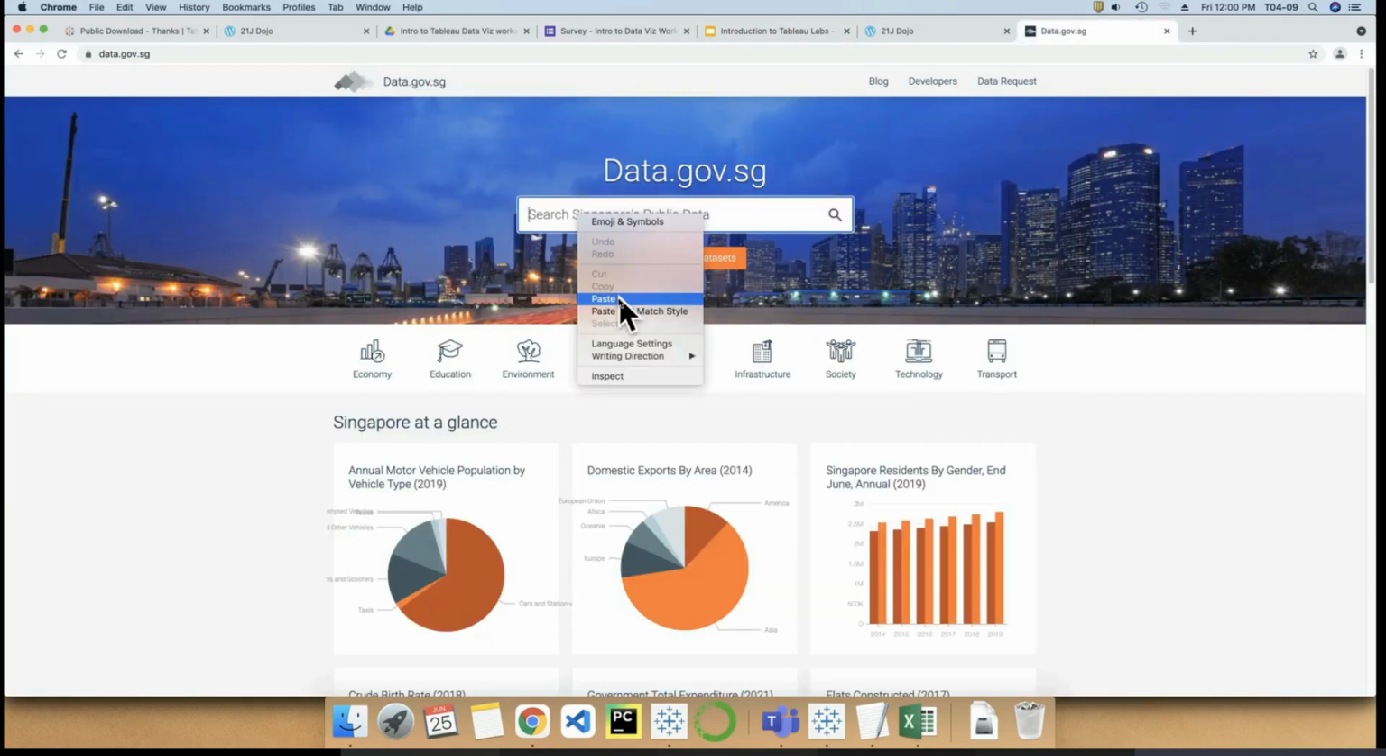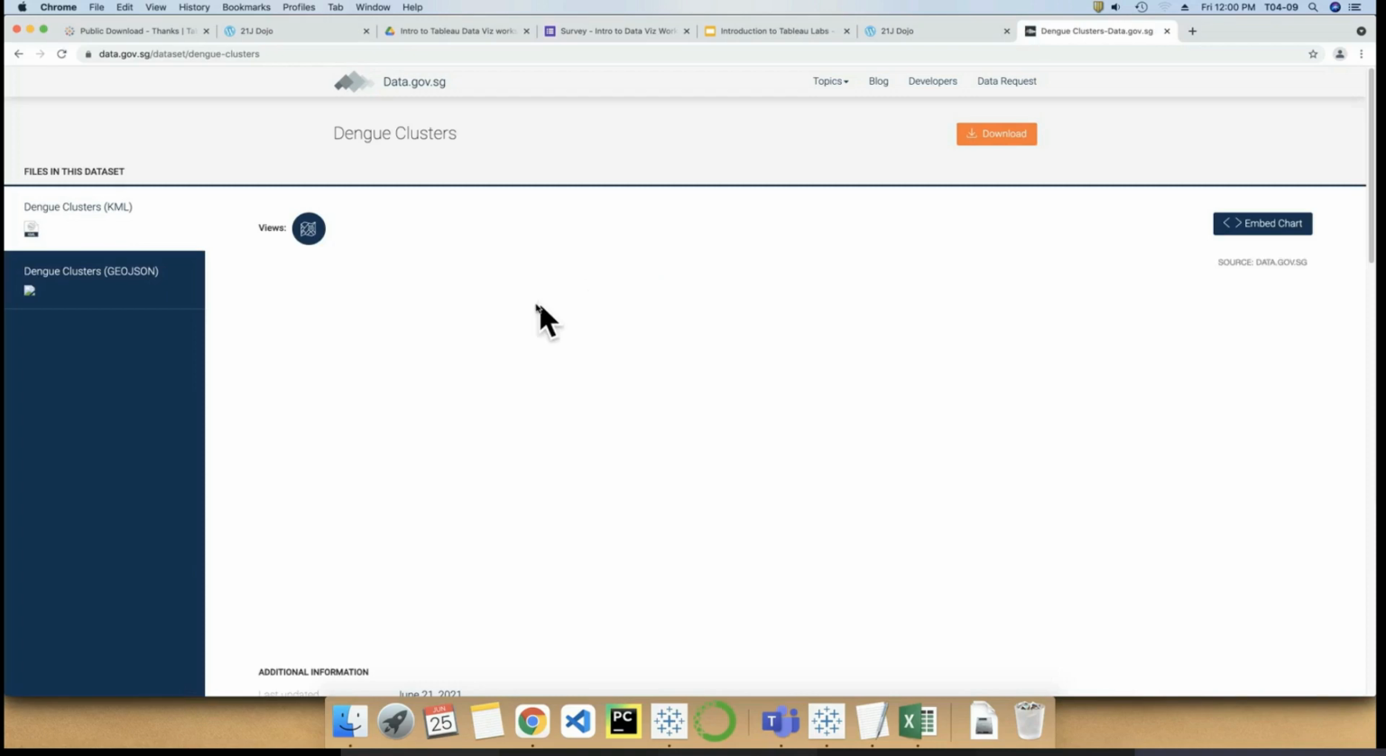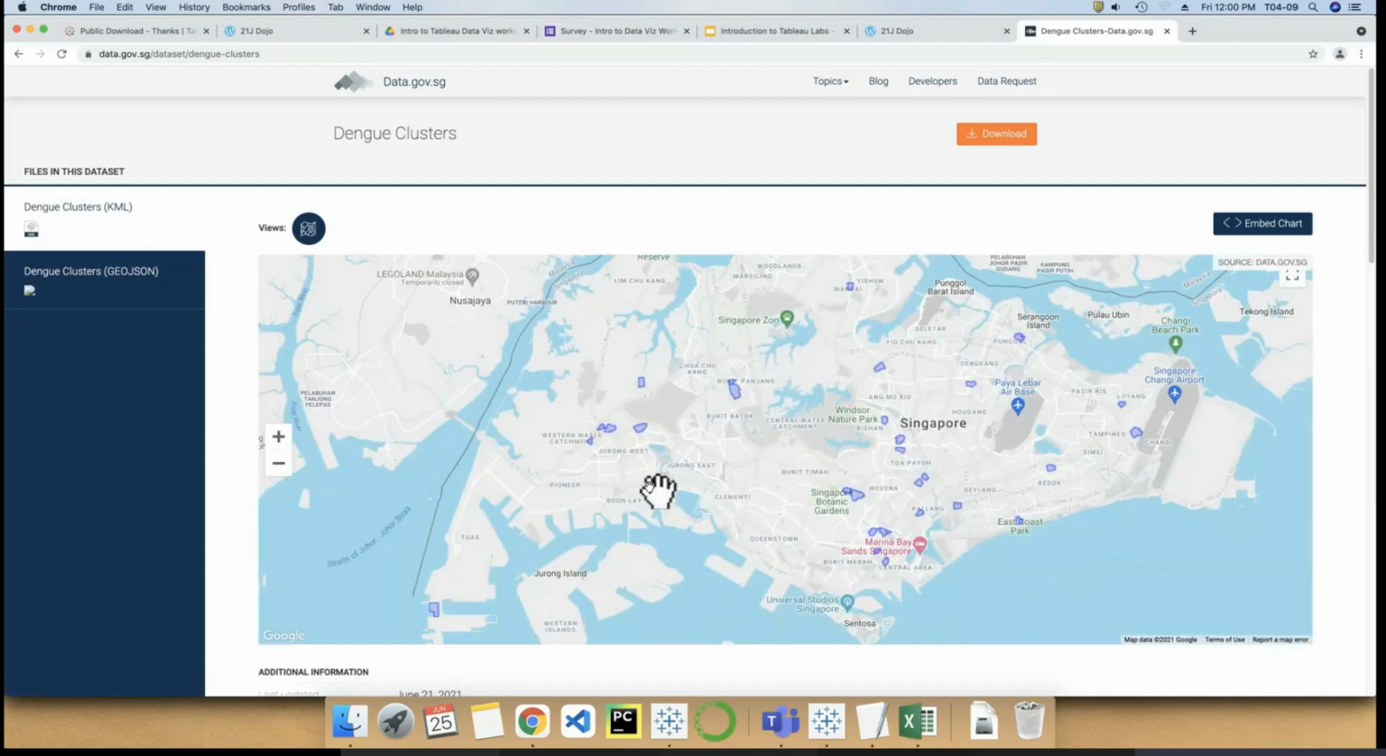Let's search for dengue clusters. After some time, you will be able to find the data provided by NEA, the latest being the 23rd of June this year. Over here, you can see the file format they provide. Okay, so dengue clusters. If you click on the link, you should be able to see this is the